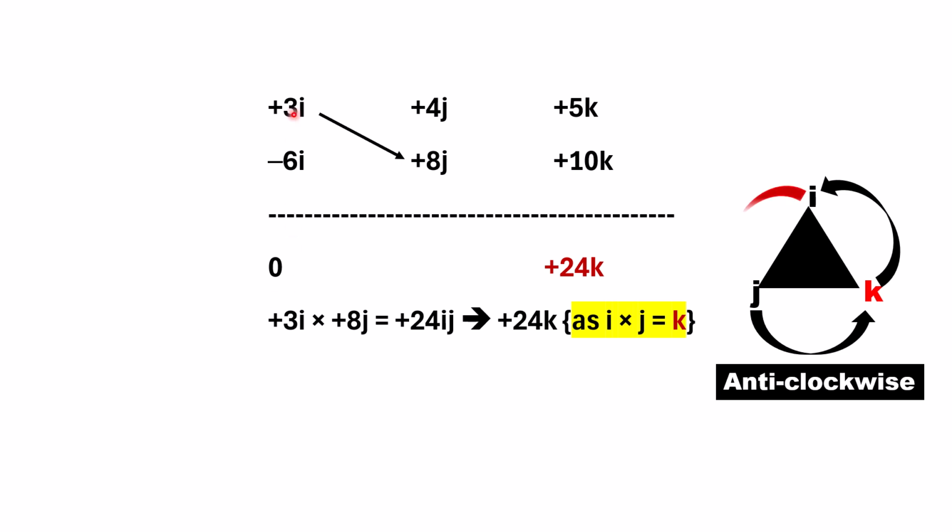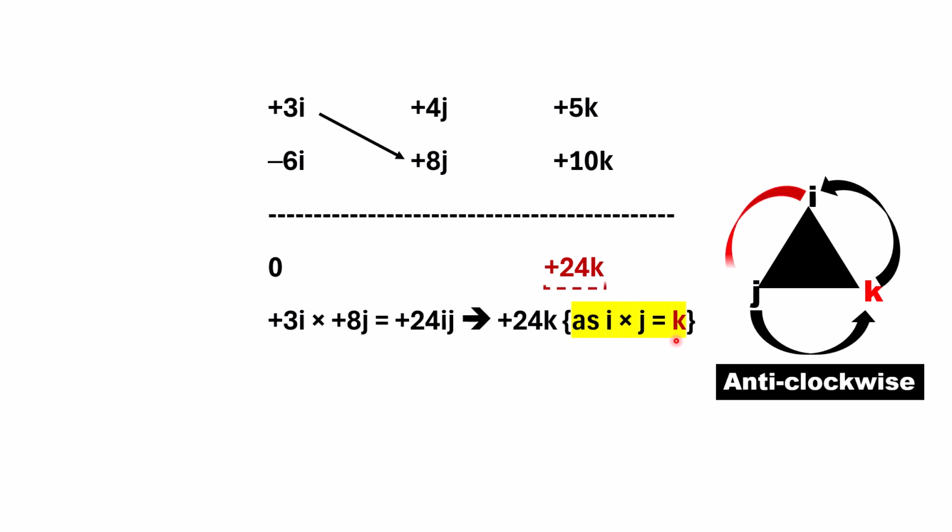Next we have 3i into 8j. So 3 into 8, 24, plus 3 into plus 8, plus 24. But then we have i into j, whether it will be positive or negative. Now look at the animation. The arrow is moving anti-clockwise, i to j. Look at the red arrow, not the black arrow. Now it is moving anti-clockwise, so it will be positive. i into j, because it is anti-clockwise, see the red arrow animation, so it is plus